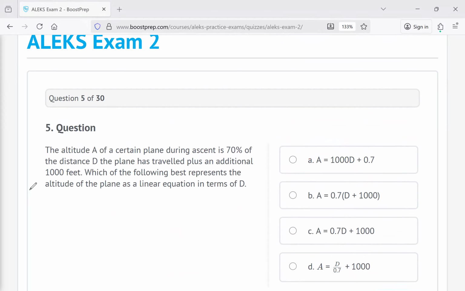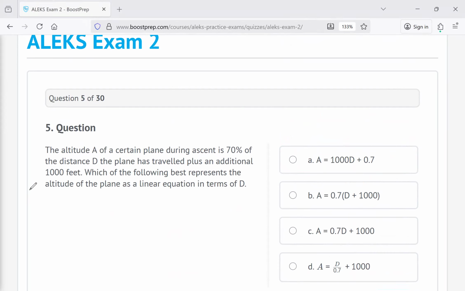Question 5, the altitude A of a certain plane during an ascent is 70% of the distance d the plane has traveled plus an additional 1,000 feet. Which of the following best represents the altitude of the plane as a linear equation in terms of d? So